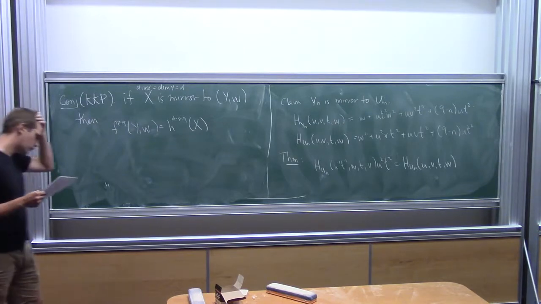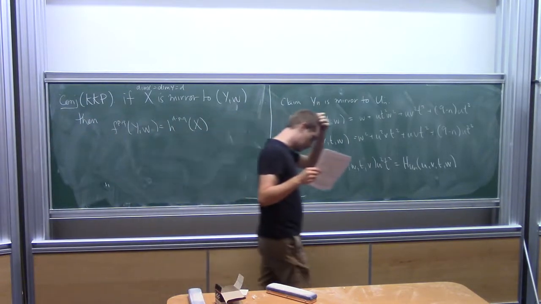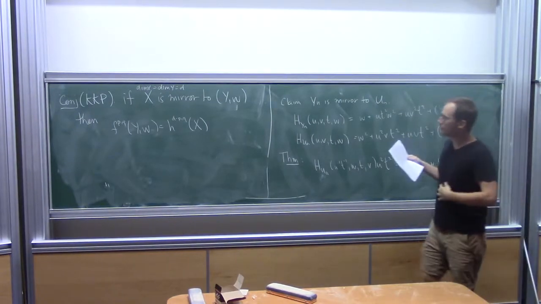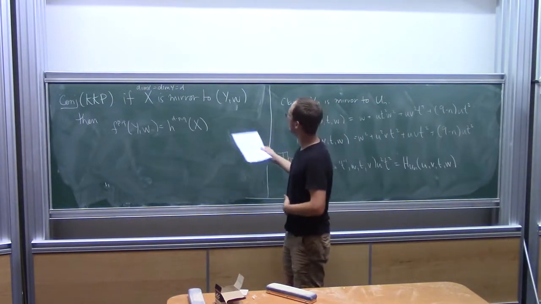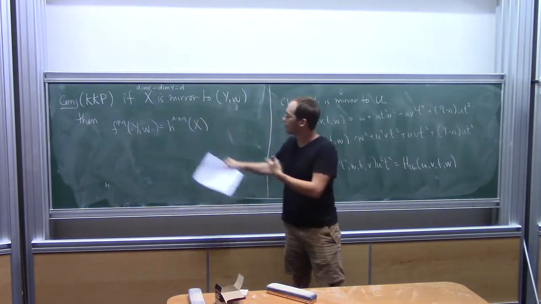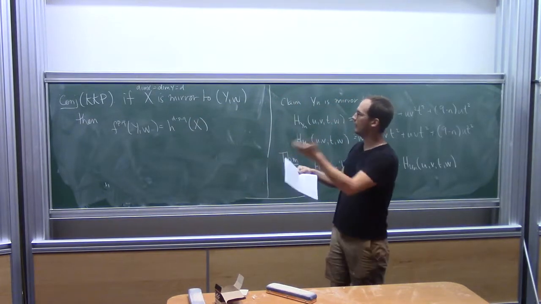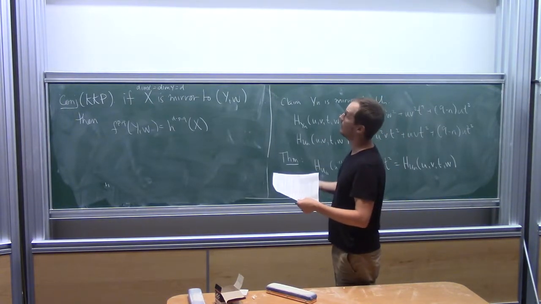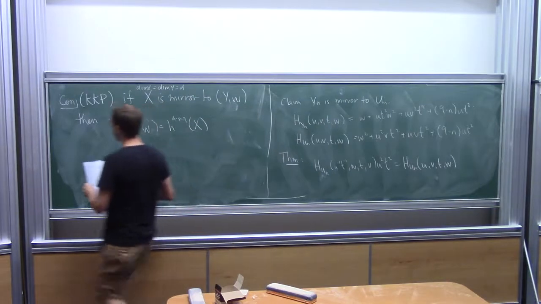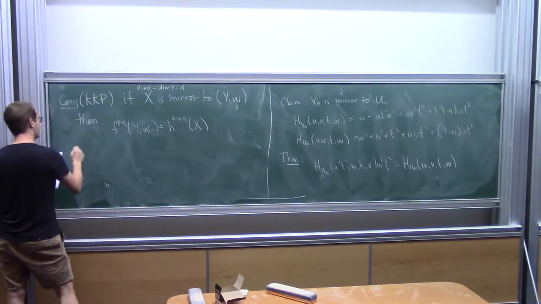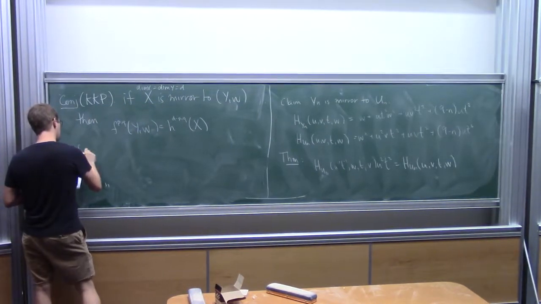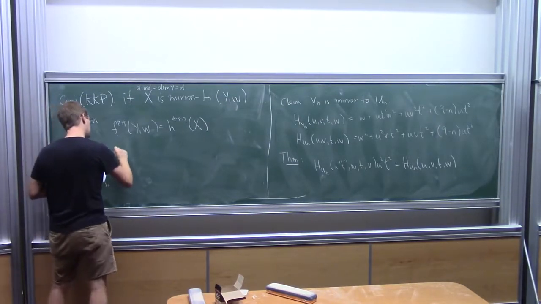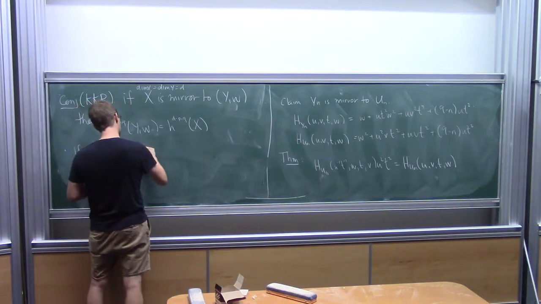So what does this have to do with log Calabi-Yaus? Well, if you have an anticanonical divisor, say a reduced anticanonical divisor in X, you can build a log Calabi-Yau just by taking the pair of X and that divisor. And if you take the complement of the divisor, you get a Calabi-Yau. So let's say a couple things. So if V containing X is anticanonical,